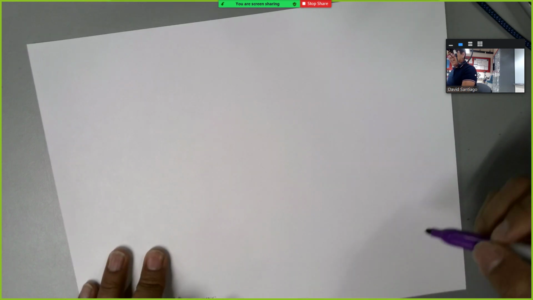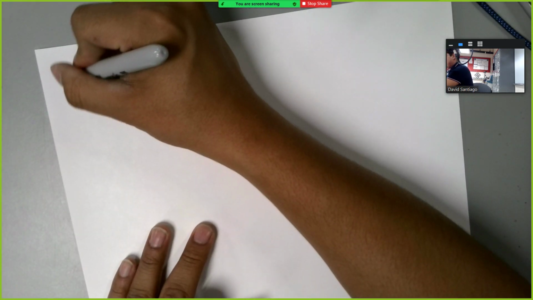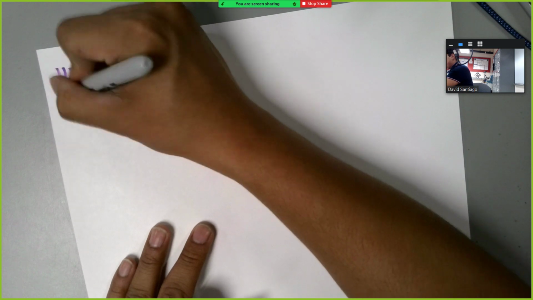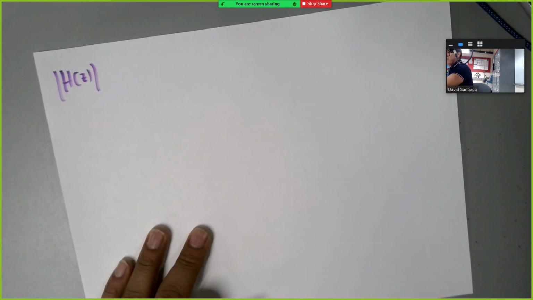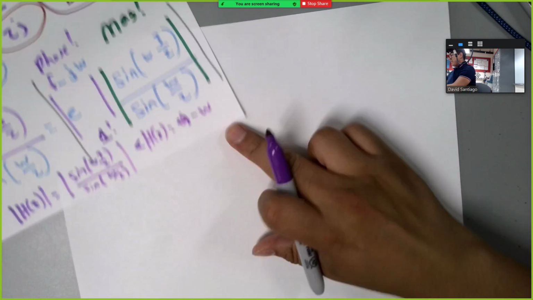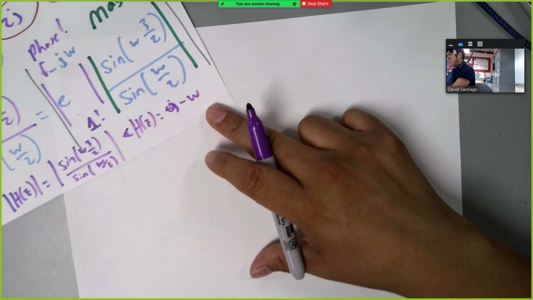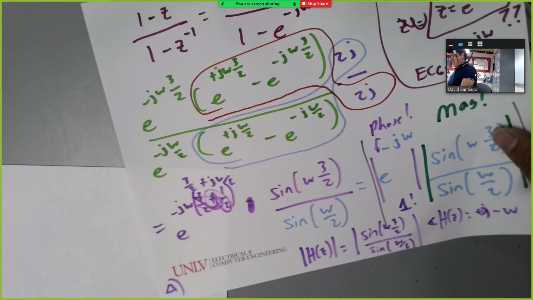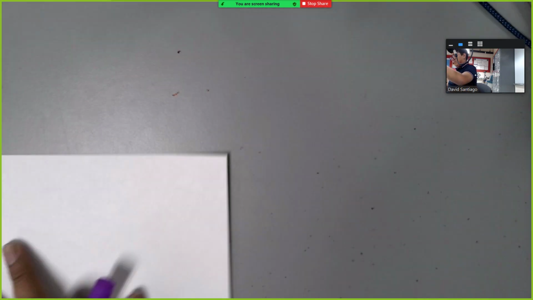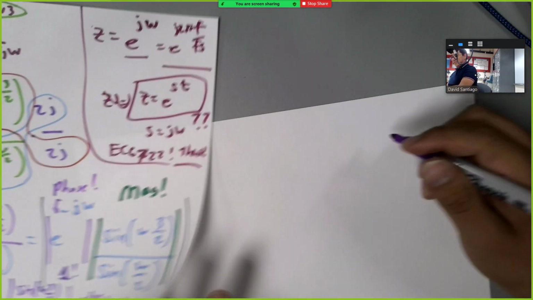Page 5. Okay, so rewriting this, we're going to get the magnitude, and there's another format where I'm going to write it. If you guys were kind of alluding to what I was trying to do, omega is equal to 2 pi f,